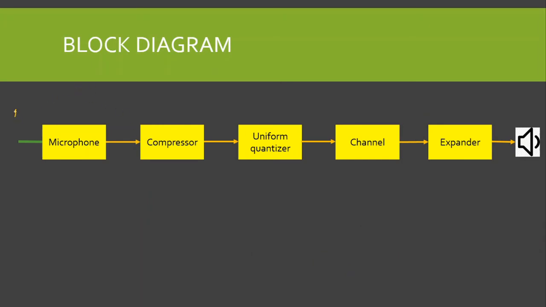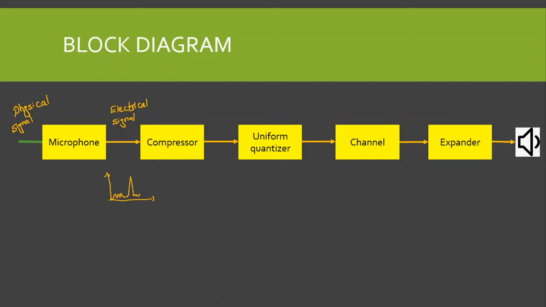Here we have, for example, a physical signal, for example a sound signal, a voice signal. Then we have a transducer, which in this case is a microphone. This microphone is going to convert this physical signal into an electrical signal. So for example, I have an electrical signal of this form. These are my low amplitude components, this is my high amplitude component.